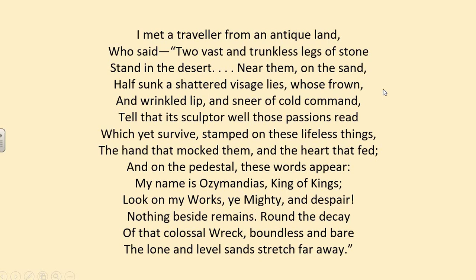Do we have an alternate rhyme scheme? So yes, we do. So first line, and traveller from an antique land. Third line, stand in the desert, on the sand. So you've got land, sand, command. Then you've got appear, despair, bear, away, decay, bed, red, frown, stone. Some of them aren't direct rhymes, stone and frown, but you make the similar shape with your mouth, so they're a similar sound to the words.